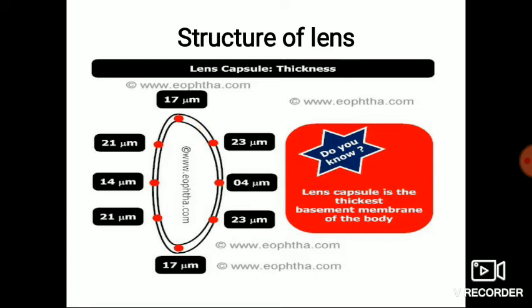The thickness of the anterior capsule increases with age, and the thickness of the posterior capsule remains constant or changes slightly. So, during cataract surgery, the extreme thinness of the posterior capsule makes it more vulnerable to posterior capsular tear or rent during the surgery.